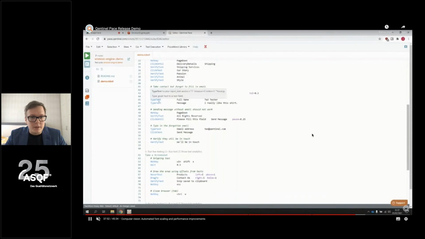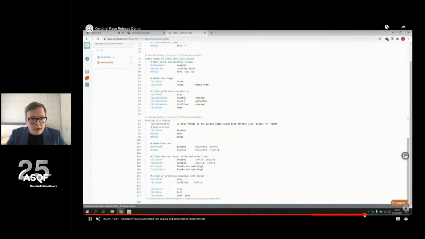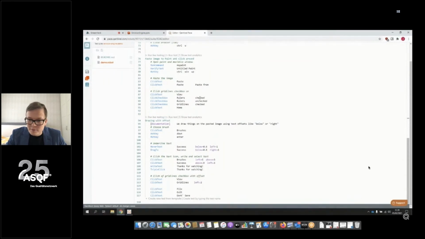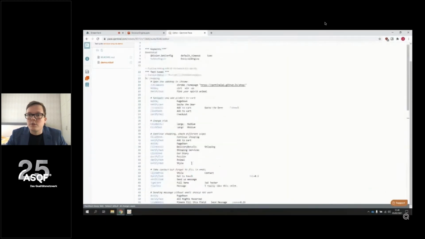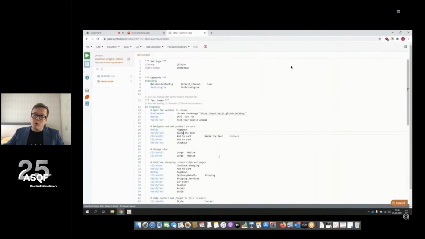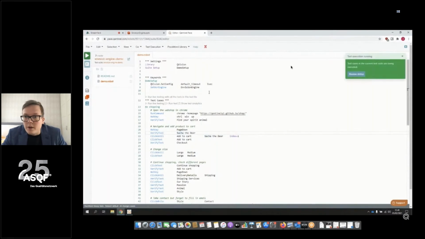And let's see, I'm just skipping a little bit. Also, the GoToWebinar front end is on top of all of this. I'm just going to show the actual testing running. So typically one comment is that OCR is quite slow. It's not slow anymore. And all of this is actually being executed in our cloud environment connected to a Windows machine. So we can run it all from the cloud.